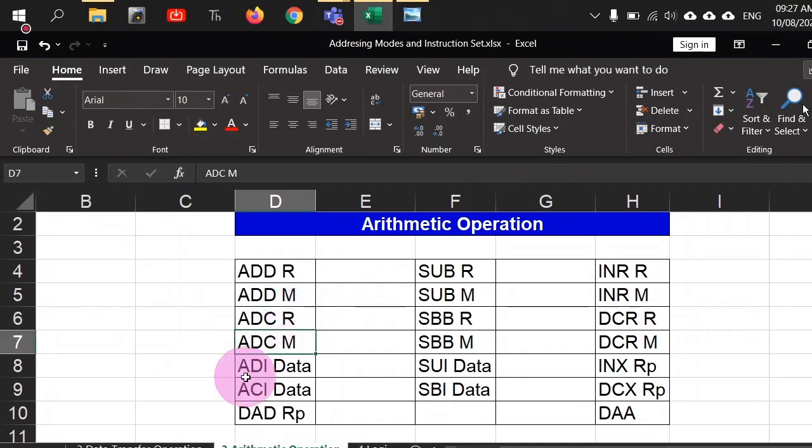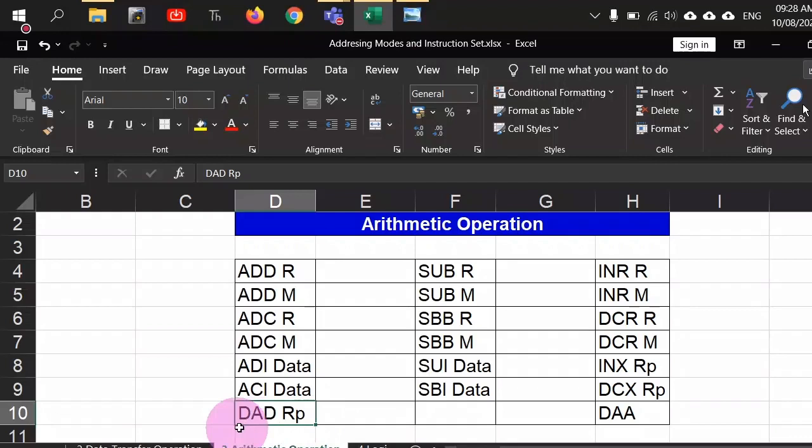Then you have this command ADI data. It will add the immediate data to the accumulator, right? This data is directly present here. Similarly you have ACI data. This will add the immediate data together with the carry flag to the accumulator and store the result in the accumulator back. And DAD Rp, we have already discussed this command probably in some laboratory,